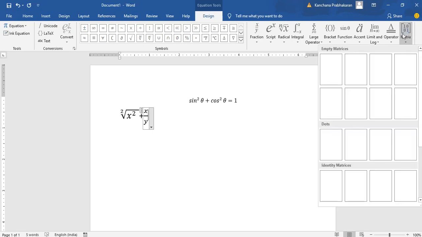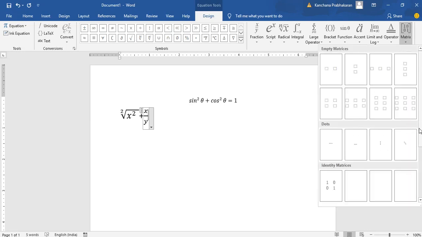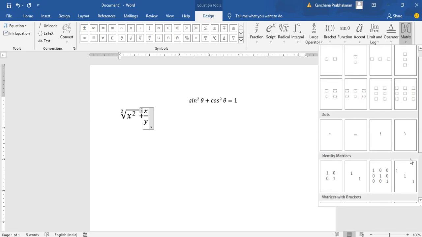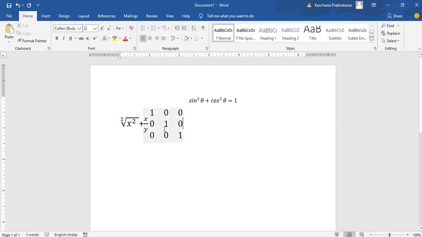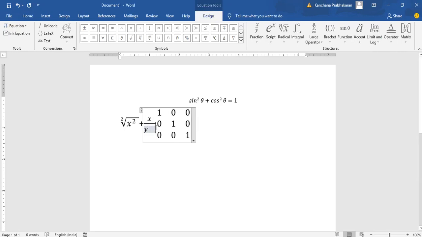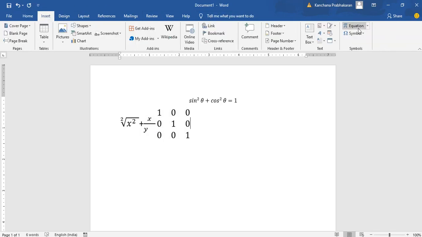If you want to type matrix functions, you can do that. With this, we will have options like this. I want to type this, which is called a unit matrix. Like this, you can do all the equations here. Okay, children? So you can easily type mathematical equations by using the Insert function. Under this function we have the options Equation and Symbol. By this option, you can easily do your mathematical equations in MS Word. This is how to type mathematical equations or expressions in MS Word.